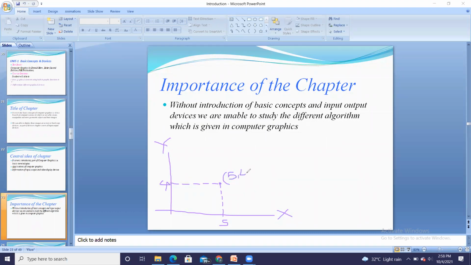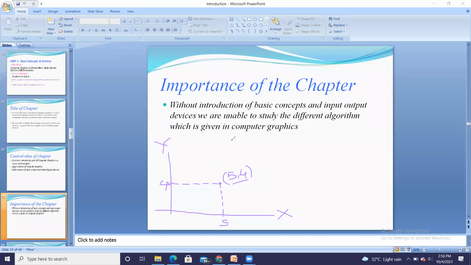So pixel is nothing but the point on the screen which has its x and y coordinates and it has a certain color. So on the screen of computer graphics, you can draw any point at a specific XY location and you can color that point according to your choice. So here I am giving the purple color to it.